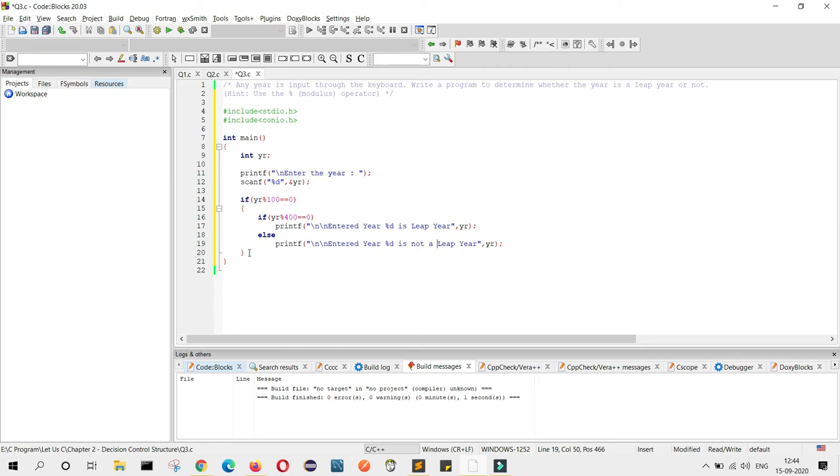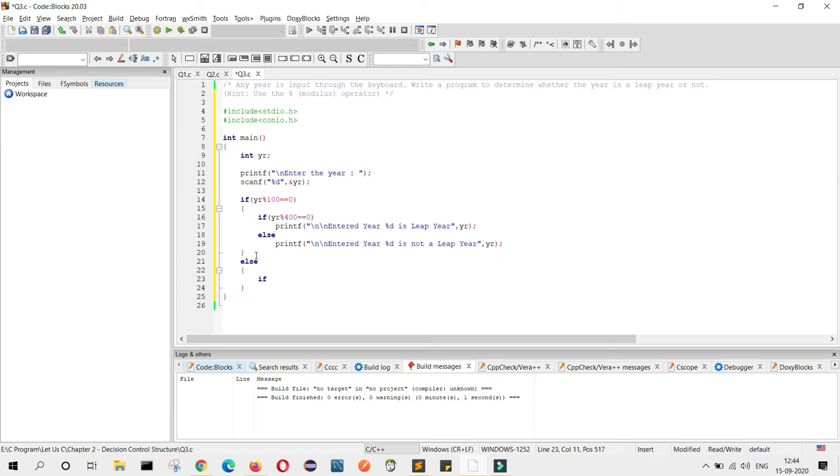This is the first condition. Now we will write another condition, the else condition of this first if. So here we will write else, and inside there are two more conditions.